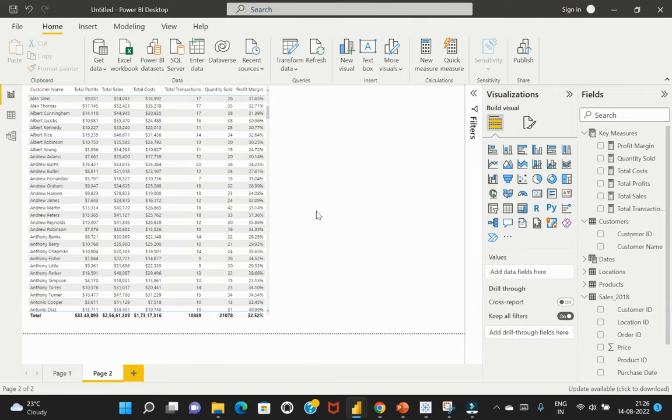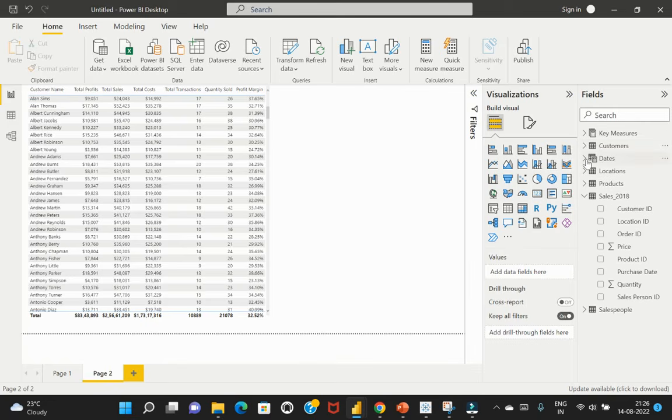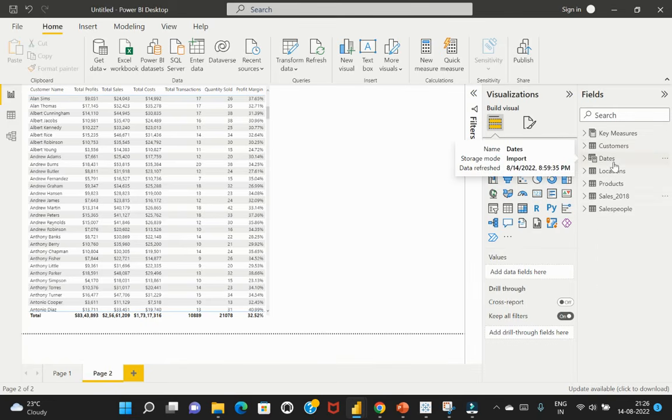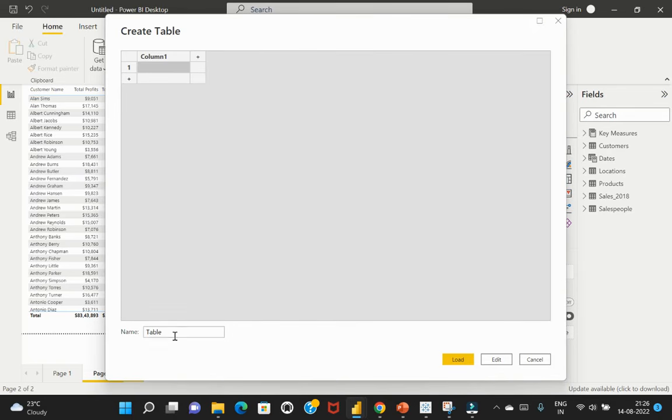Okay, so for that I will have to use my dates table. Before that, let's try to create a new table that would capture all my time intelligence DAX measures so that it's all organized in a better way for further reusability and restructure. So I will come back here and hit on this new enter data and give a name to this table